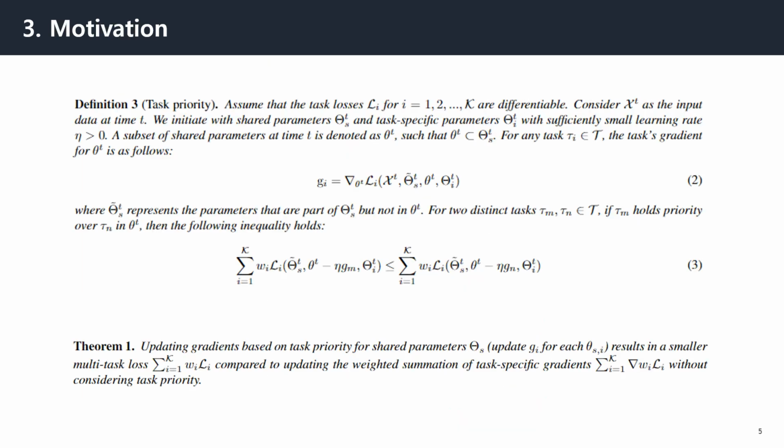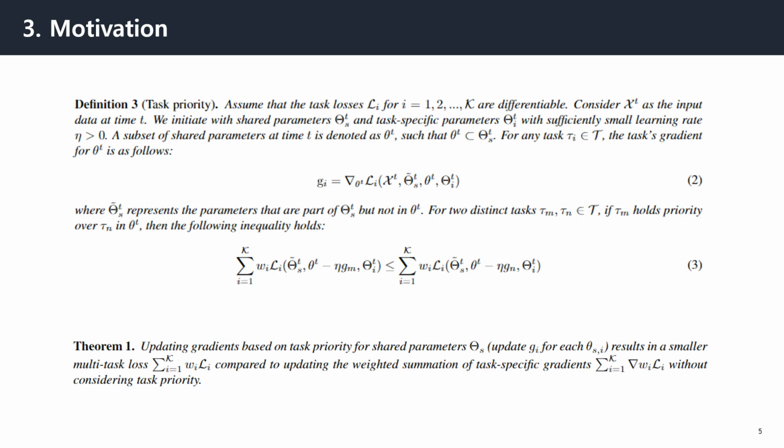So we introduced the concept of task priority to explain the limitation of previous work theoretically. Task priority is determined by measuring how task-specific gradient updates on shared parameters affect the overall multitask loss. Consider this inequality. If the update of the task-specific gradient for task M on the shared parameter theta results in lower multitask loss compared to the update for task N, then we say that task M holds a priority over task